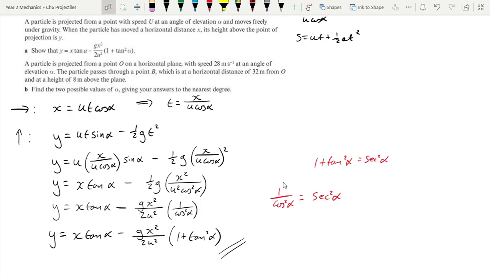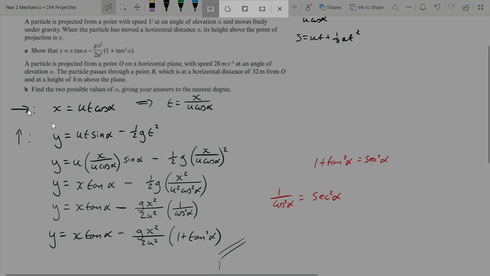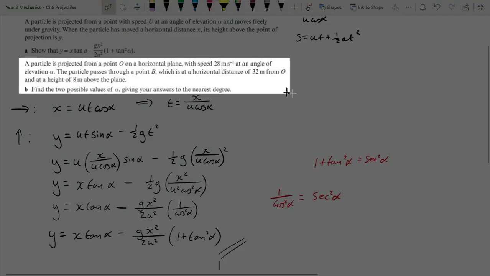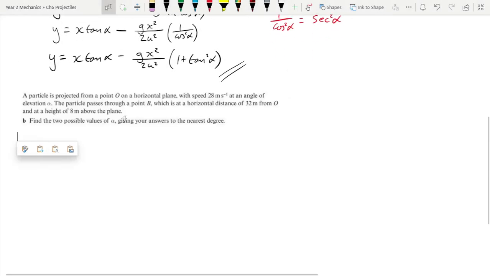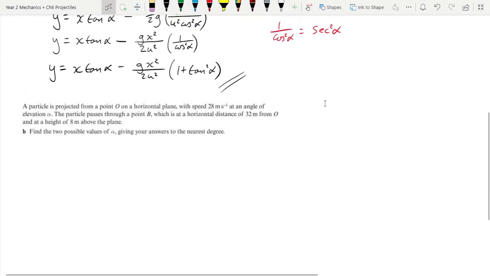Okay, for the second part, I'm just going to put this question a little bit further down. So it says a particle is projected from a point O with speed 28 at an angle alpha. So basically we know that U is 28, but alpha is still going to be alpha. And it passes through point B, which has got a horizontal distance of 32 meters and a height of 8